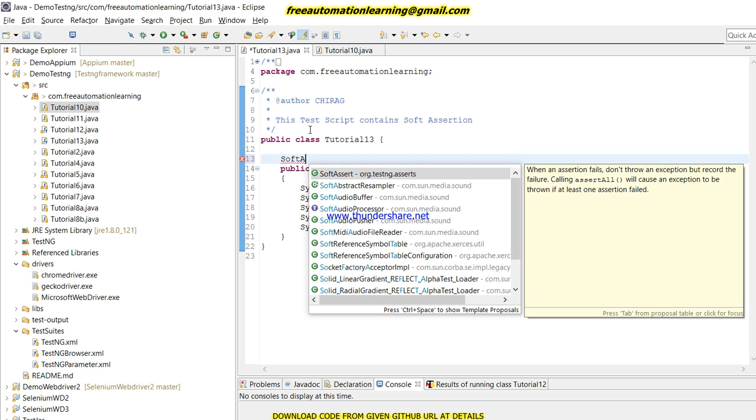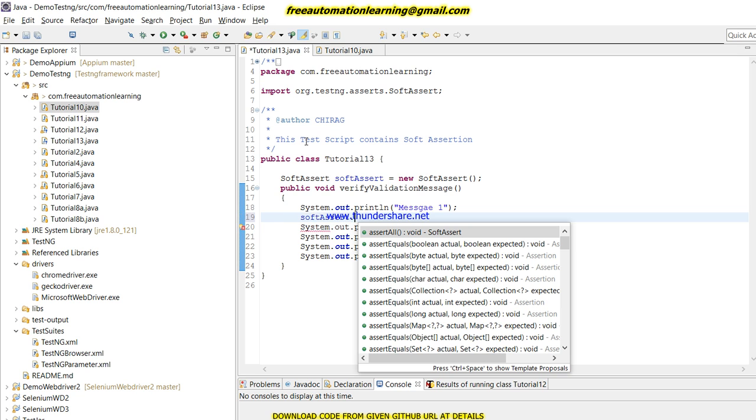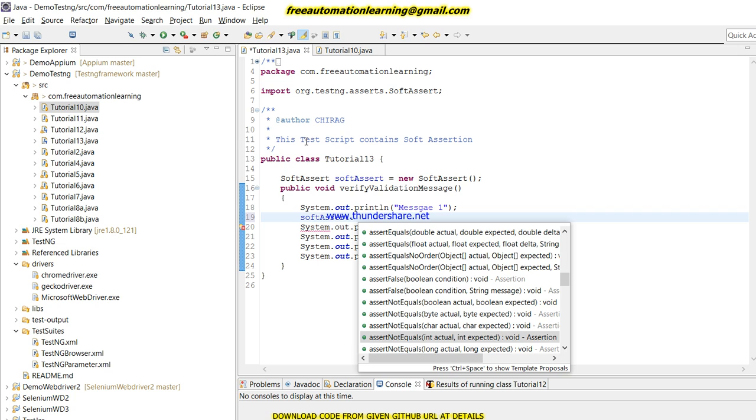SoftAssert is a class which is provided by testng, and I will create an object: SoftAssert soft = new SoftAssert. If I write soft and put a dot, you can see the same methods which are provided by the Assert class are also provided by the SoftAssert class.